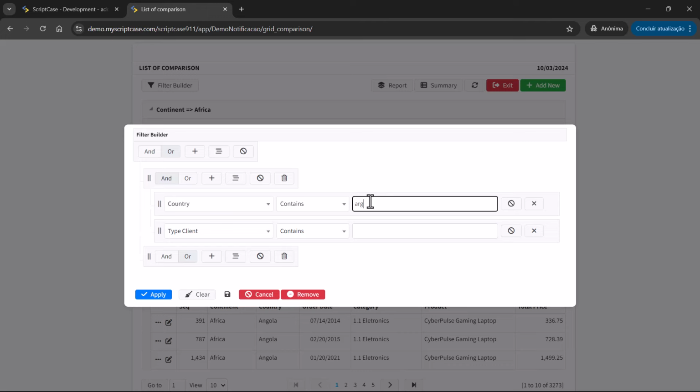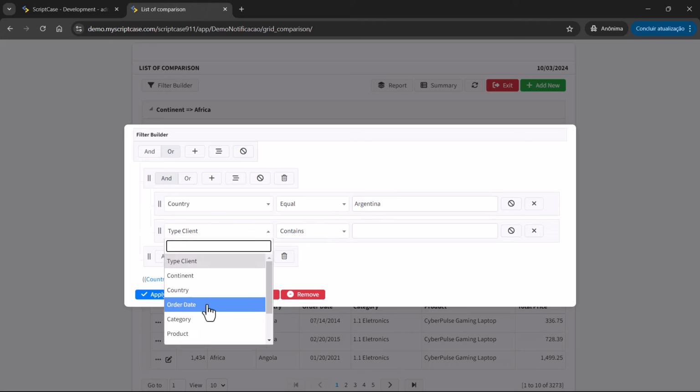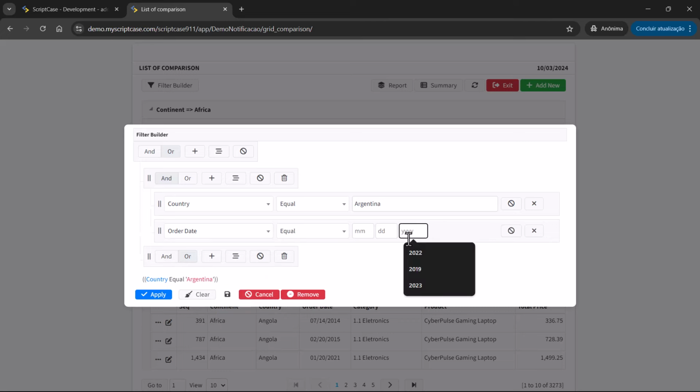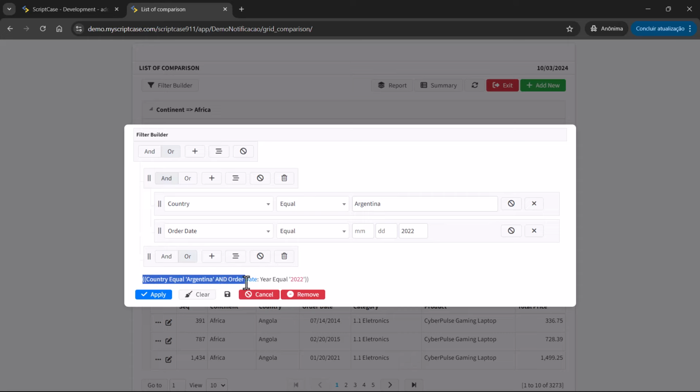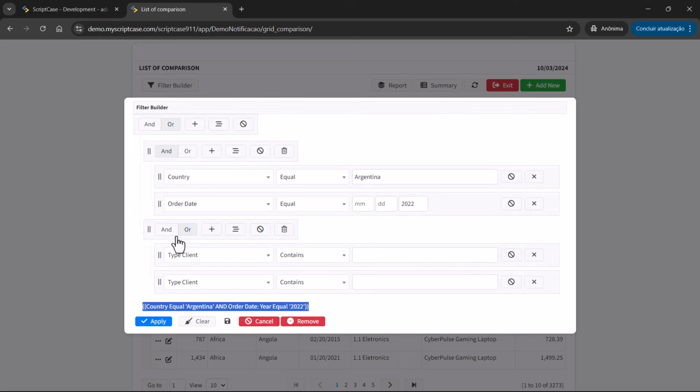I will add Argentina, equal, and I will add date, then it will be the year 2022. We can see that Scriptcase is building the where condition dynamically here, and I'm going to add another nested condition with two fields. It will also be an and. It means that the first condition I will have is, for example, Argentina and date 2022.